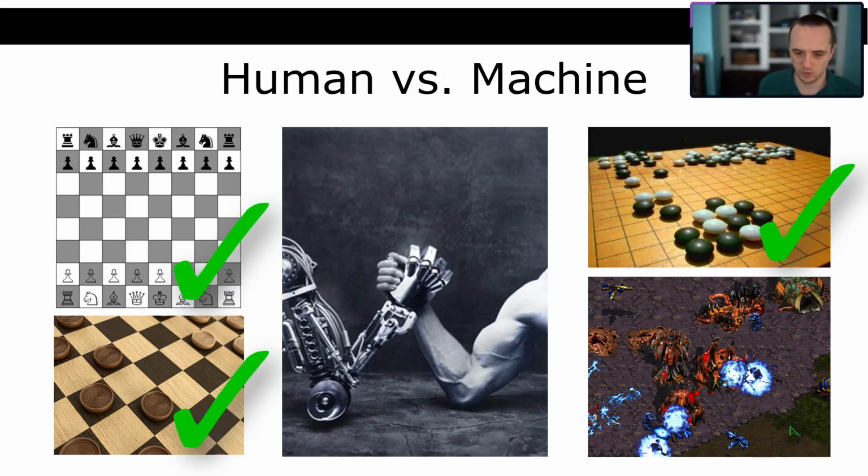Also, one of the ways that we have traditionally evaluated AI systems is by playing games, right? So there's this question in AI research of how do you actually do AI research? What is the evaluation method? How do you know that one system is smarter than another system? How do you know that one algorithm is better than another algorithm in terms of intelligence? Well, that's a really hard question to answer.